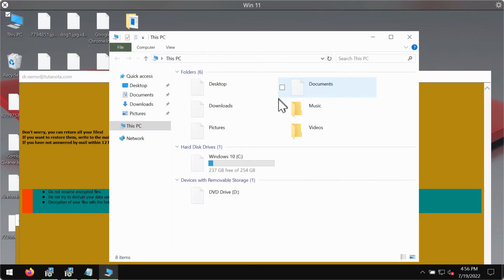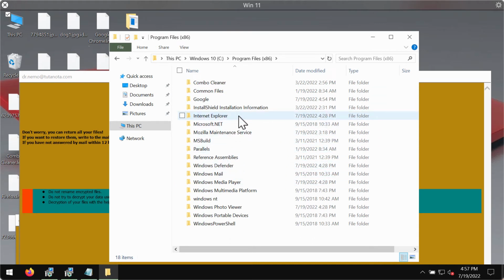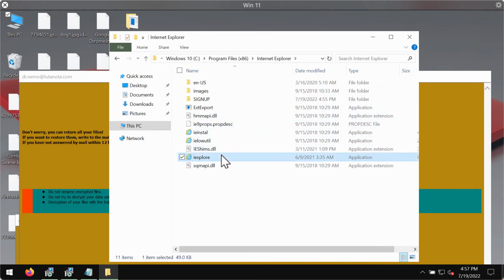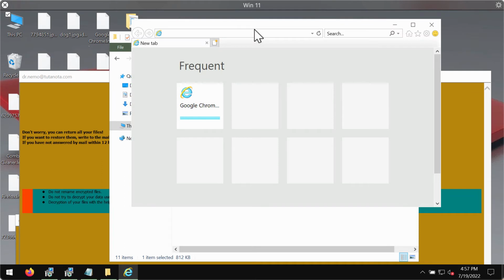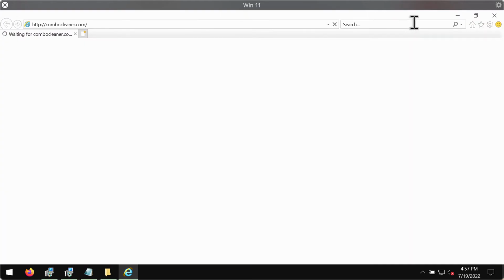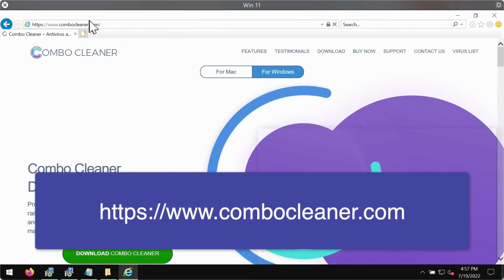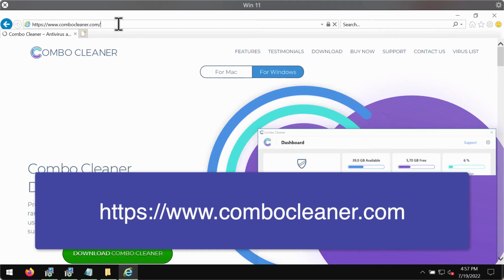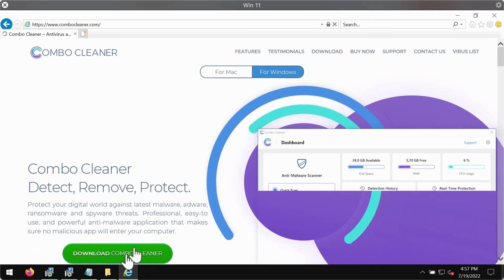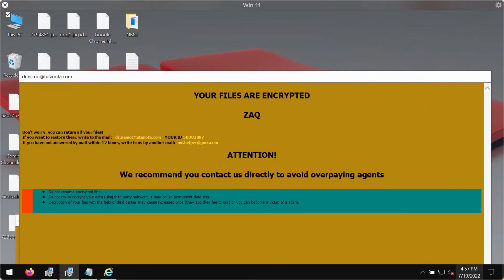We recommend you to immediately remove this ransomware with the help of Combo Cleaner antivirus. To download it, you need to use Internet Explorer browser, because other browsers and their desktop shortcuts can also be modified by this NMO ransomware. So go to the official page combocleaner.com, download Combo Cleaner through this green download button, install the software and then